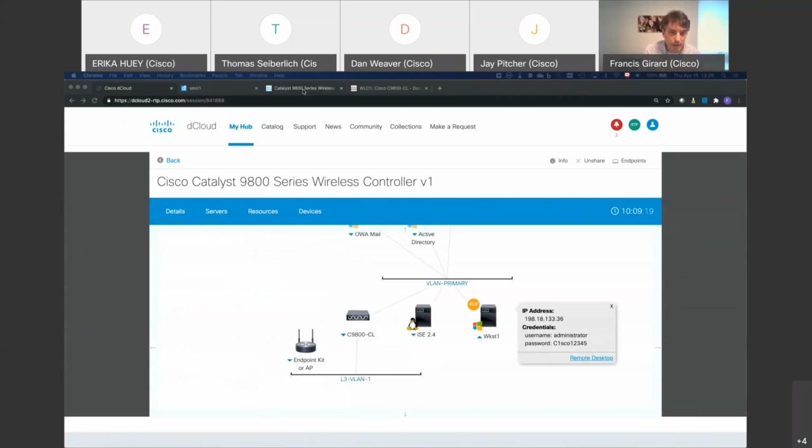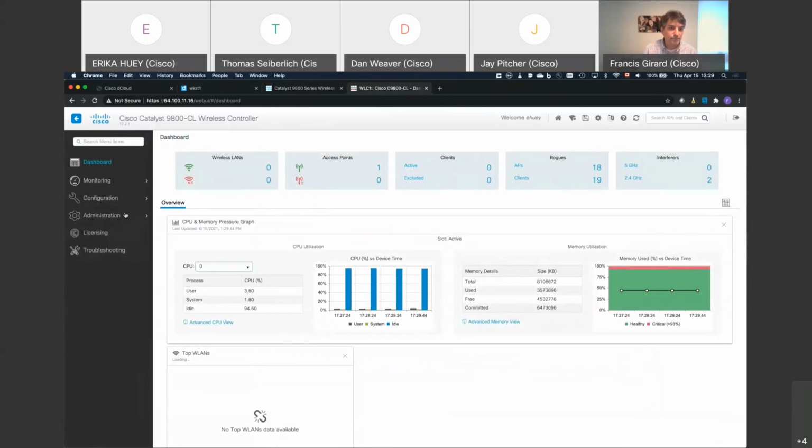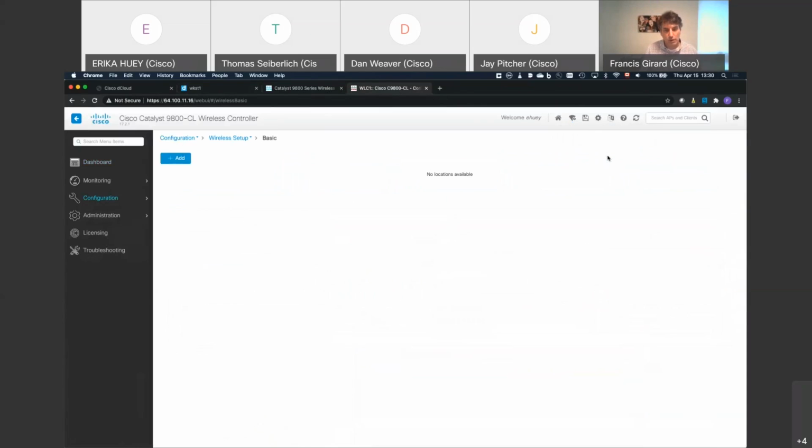Okay, so I'm going to go back to my controller GUI. Whoops, which one is my controller GUI? This is the tab for my controller GUI. And I'm going to go here, and I have this wireless setup. I have two types, a basic and an advanced. So for the first scenario, we're going to cover basic setup. And then Matt's going to come back and do the advanced setup and explain a little bit how all of this works, right? So these are a bit like wizards or workflows